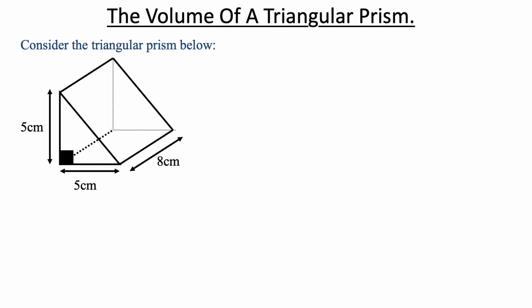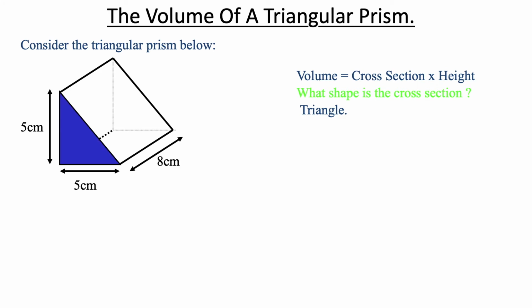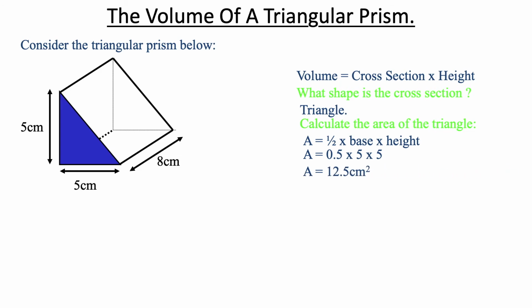So when we go to triangular prisms, for this one, you know the area of a triangle from the previous module will be half base times height. How do you apply that here? So you calculate the cross-sectional area of a triangle first, before you get to the formula for the volume. Then what shape is the cross-section? We know it is the triangle, which is that one. And then calculating the area of it, half base times height. Half base times height from the previous module, and using the measurements we are given, that works out to 12.5